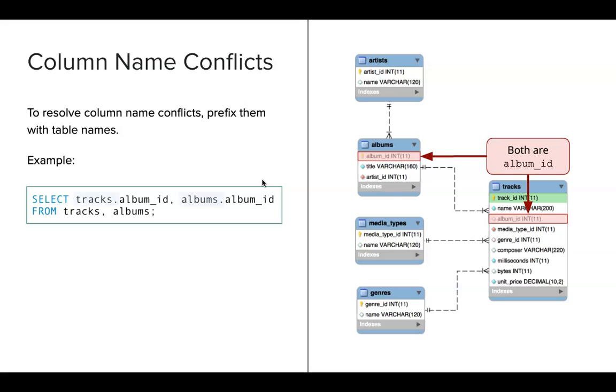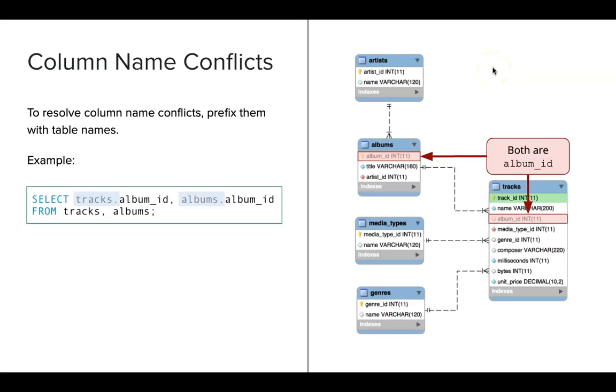Table name dot column name, just for us to differentiate between the two. Yes. If album ID is a foreign key, do we still need to? Yeah, even if it's a foreign key, if you're accessing both tables. If you want to access all the columns, could you do something like tracks dot star, but only one albums ID? That's a good question. I would try that out in a second.